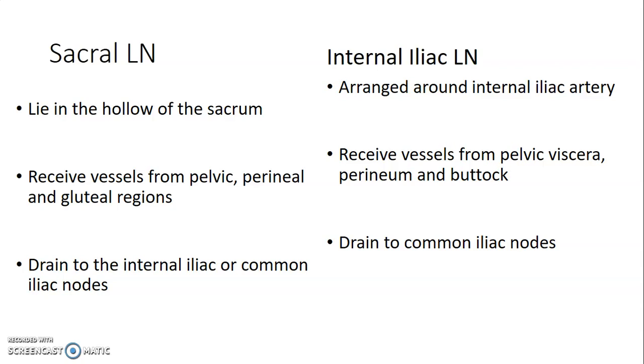The lymph nodes of the pelvic viscera: we have sacral lymph nodes that lie in the hollow of the sacrum, and these receive vessels from pelvic, perineal, and gluteal regions. They drain to the internal iliac nodes, later into the common iliac lymph nodes. The internal iliac lymph nodes are arranged around the internal iliac artery, and these receive lymphatics from pelvic viscera, perineum, and the buttocks, and usually lymphatics from the internal iliac will drain into common iliac